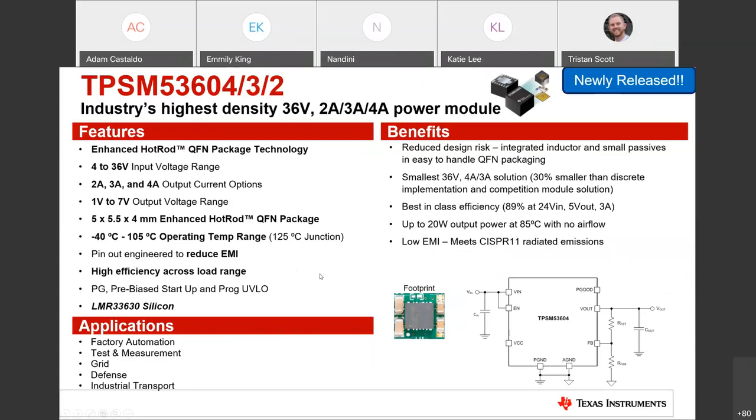So meeting your CISPR Class B radiated emission specs pretty seamlessly, even if you don't have the flexibility to have the most optimal layout. And as you can see from the EVM, you can have a pretty simplistic layout with the input and output caps on this device to get the total smallest solution size. And so far, we've seen a lot of interest in broad factory automation on this device, and we expect that to continue going forward. But most importantly, like I said, this laid the groundwork for the package technology by getting out into the market first.